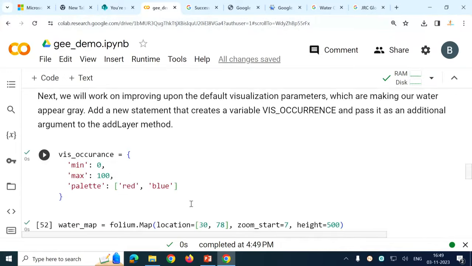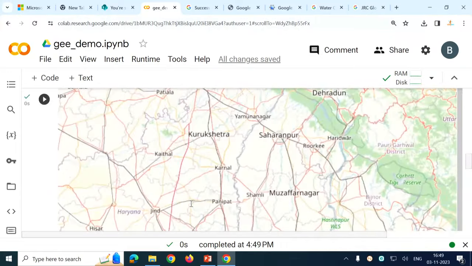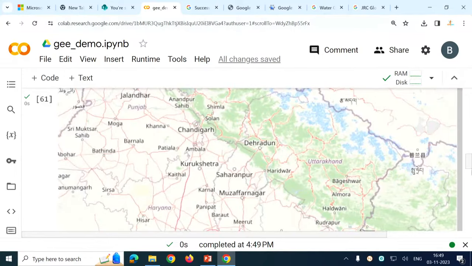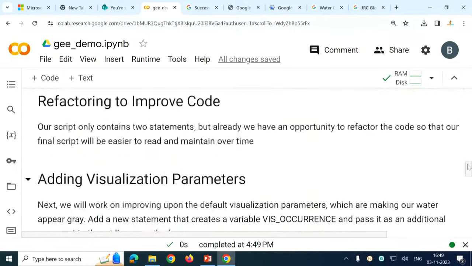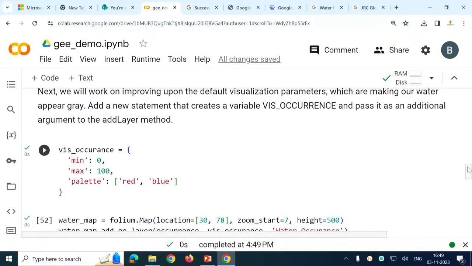So first one, we have not passed any visualization parameter to this particular map. Now suppose we pass a visualization parameter, like we want the numbers in this range and colored accordingly, so we want to improve the visualization, because the previous visualization made our water appear green. Now we pass an additional argument to the add layer method, where we are passing the color palette as well,